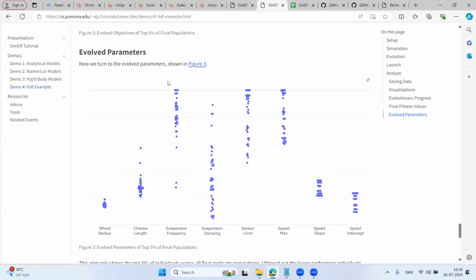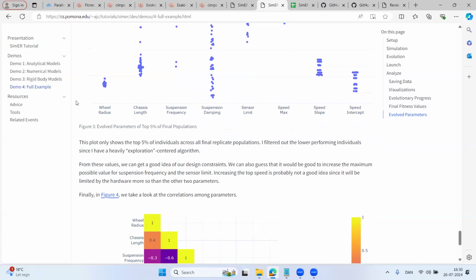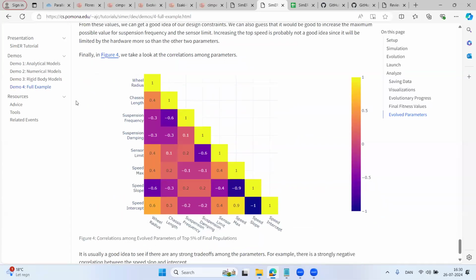That probably indicates I wanted to say, well, maybe what happens if I increase that range? Is there a better range? Some of the ranges are due to physical limitations, so you can't always do that. But this type of plot does a good job of showing you your ranges. And then the final thing I have here that doesn't often get done is just showing correlations among parameters. So you can see, for example, the control parameters are pretty highly correlated, which isn't a huge surprise. The speed slope, so how quickly you accelerate or decelerate, is pretty heavily correlated with the actual maximum speed that you are allowed to evolve to.